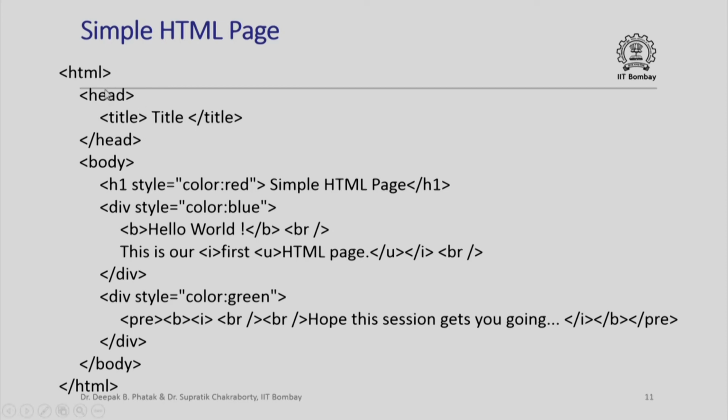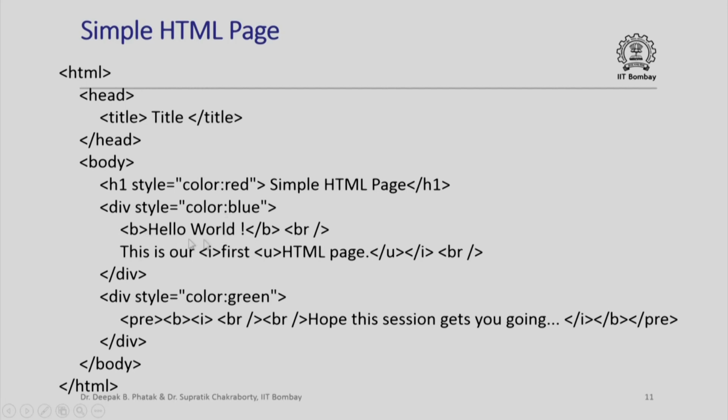So, I have the HTML page with a head, title, I just say title, there is a body in red color, I say simple HTML page. Please note h1/h1 is the tag pair which contains all of this, including the value of the attribute color, and that is given as style. So, style color colon red means the appearance of this simple HTML page should be in red color. Div style color colon blue means the subsequent material should appear in blue. So, the words hello world will appear in blue color.